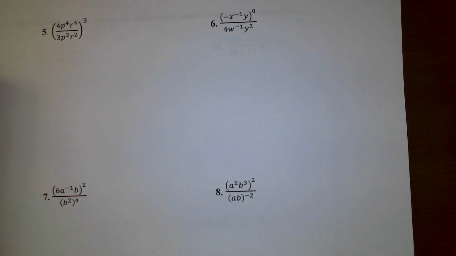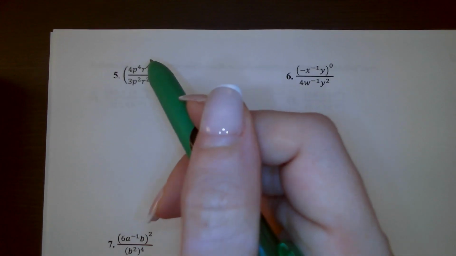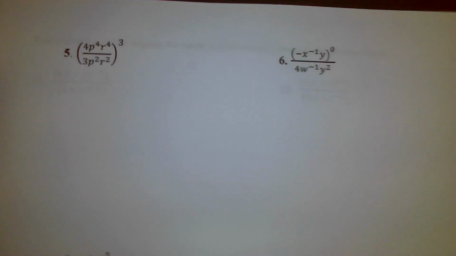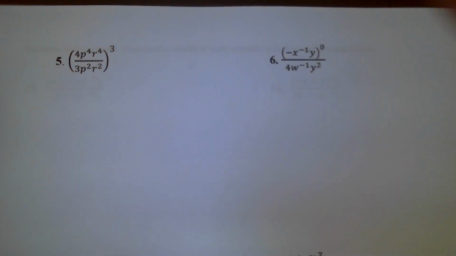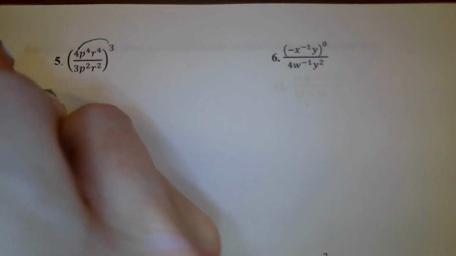All right, let's move on to some new problems. So the next one we have, I see that I have division. I also have a power on the outside of the parentheses. So this is when I want to make sure that I am distributing or multiplying everything inside the parentheses by that power. So for this first one, number 8, we're going to start, let's see if we can zoom in a little bit. We're going to start by distributing and remembering that when there is a power raised to another power, we're multiplying. So this will become 4 cubed